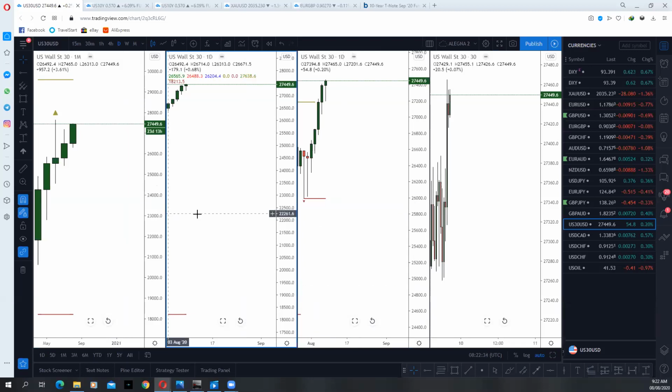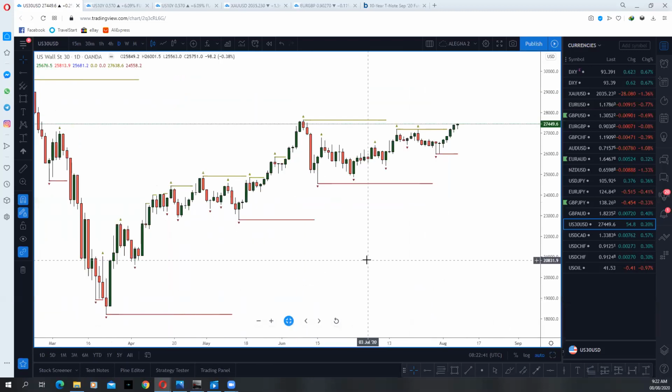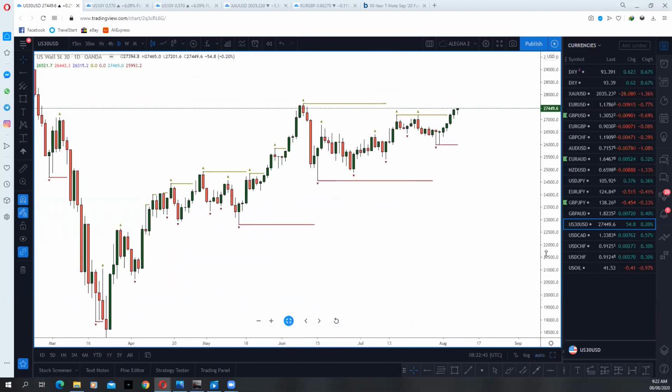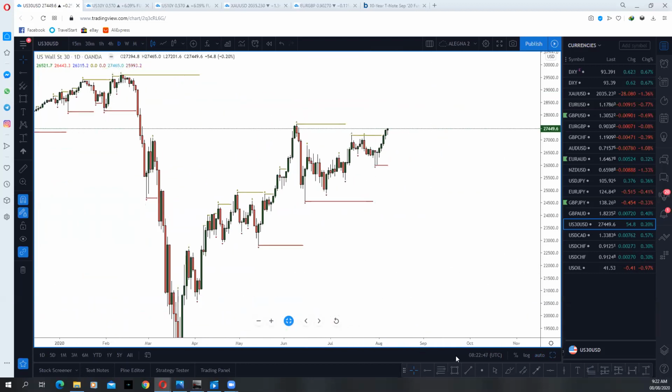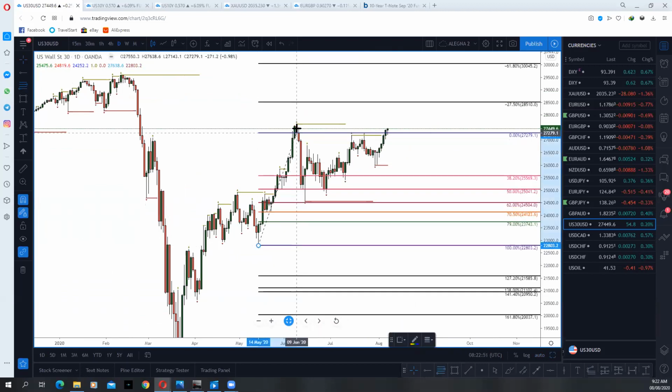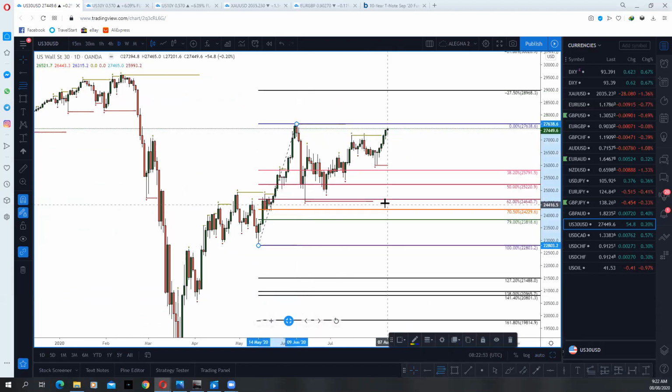Last week, I said this US 30 is going up, that there was something I saw there. I used the chart. I can't remember where the chart is, but let me see if I can plot what I saw on that chart. I used my fib from here to here. I think it bounced up with 50%. It was somewhere here. I don't quite remember, but there was something I saw.